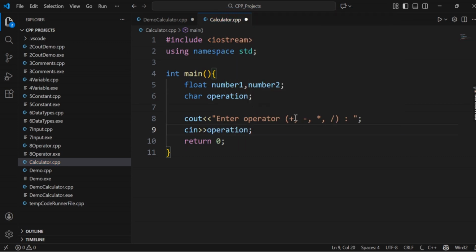I have taken the input from the user on which operation they need to perform. Once this is done, I need to take the input for the two numbers. So let's also write the logic or the code for it. So I will say a cout. I will say here enter